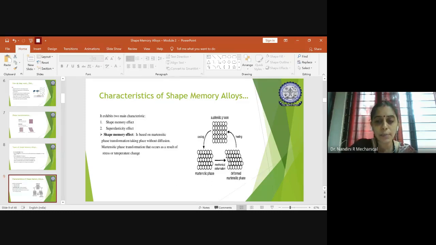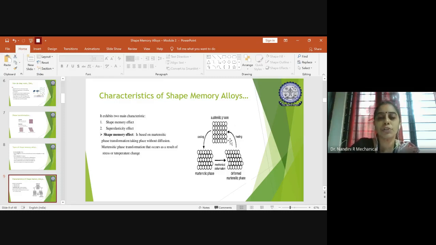So initially what happens is, suppose you have a shape memory alloy. You apply some mechanical loading to it. Here we are not applying temperature initially, you are subjecting it to mechanical loading. So the material gets deformed slightly. Once it is deformed, you subject the shape memory alloy to a particular heating or temperature. Then the deformed shape memory alloy changes into the austenitic phase because of the change in heat, passing from the deformed Martensitic phase to the austenitic phase.